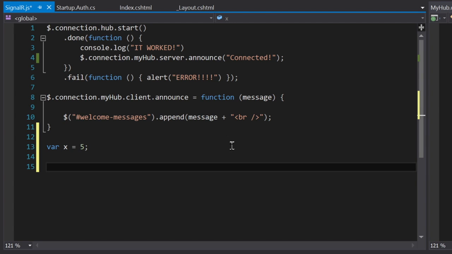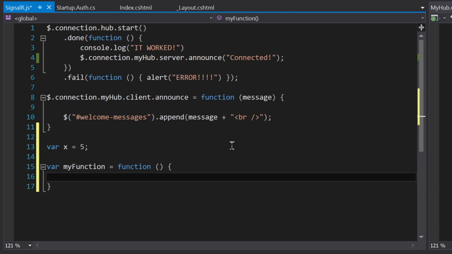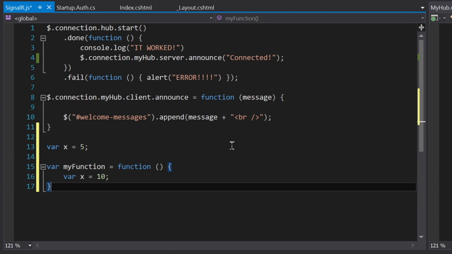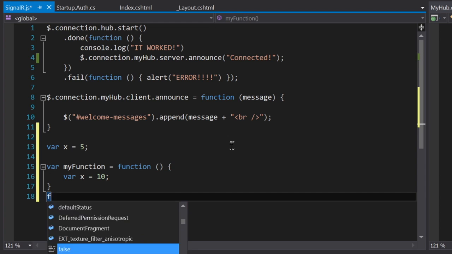So just to kind of show how the scope thing works, I'm going to create a function. You can create a function just in plain JavaScript by saying var and naming it and setting it equal to function parentheses brackets. So this is parameters, and this is what the function is going to do. So in here, if we say var x equals 10, and then what we're going to do is call that function,